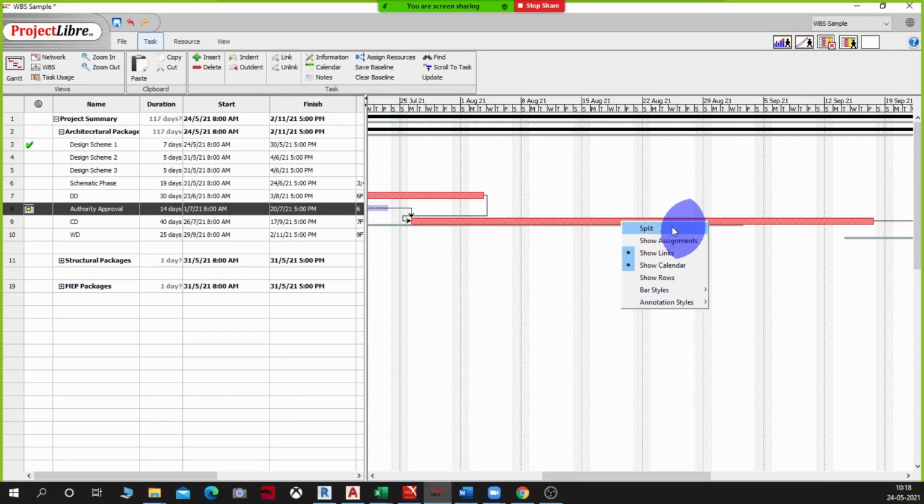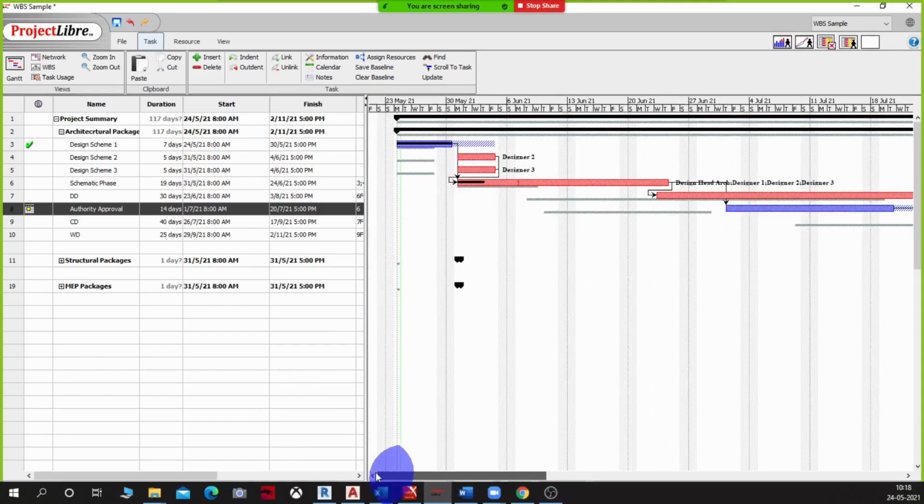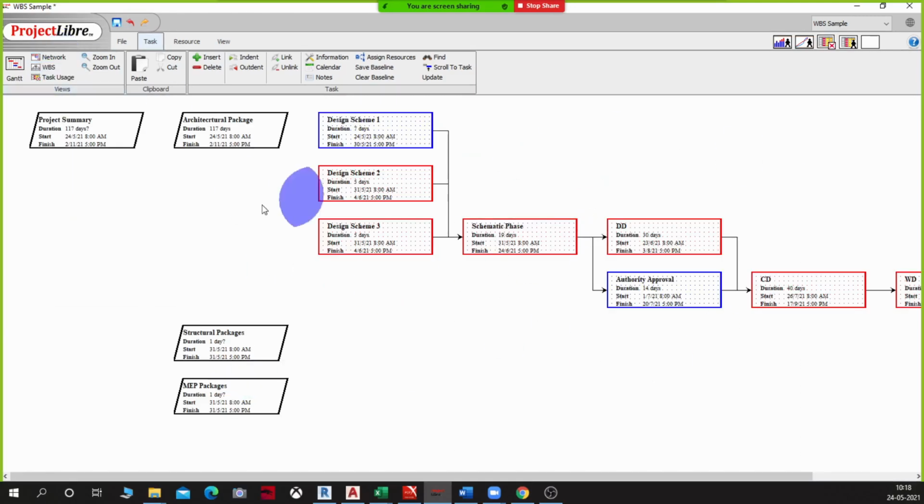Okay, split is another concept that I need to explain. Let me get into that now. Now that we have put in resources, we have put in the amount that the resources are spending or the time that they are spending on the project and how the project is planned overall. I'm able to see my WBS, RBS, all that is good. My networking, I'm able to see my CPM, critical path I'm able to see, and I'm able to track it here. Task usage,